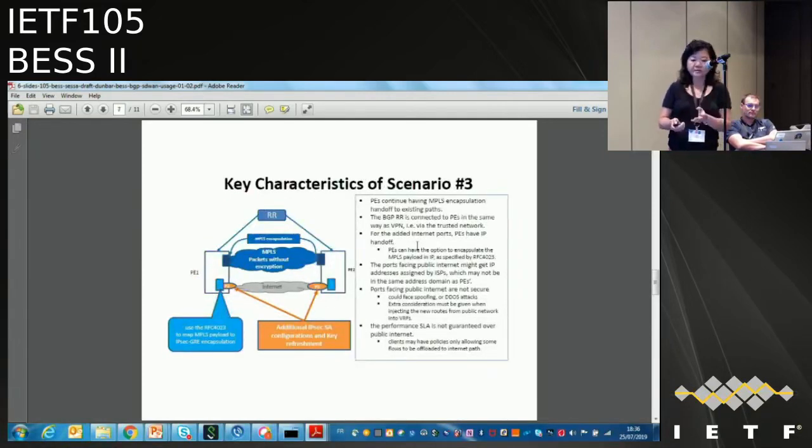For scenario number 3, it's more about the PEs today. You are connecting, you already have MPLS interconnected. When there's overflow, there you add the internet ports so that you can utilize the internet. The key thing here is actually the security, because in the past, the PEs are interconnected by the underlay network